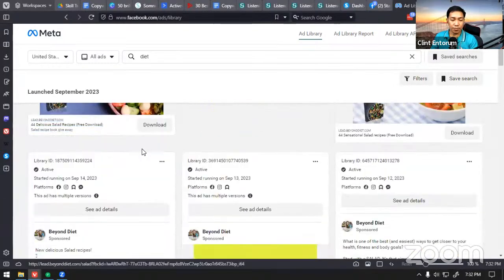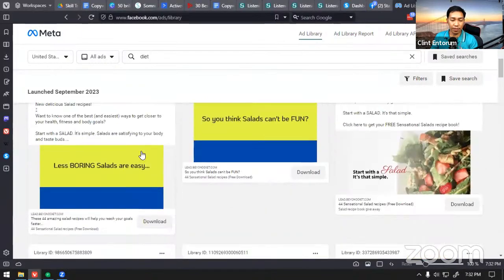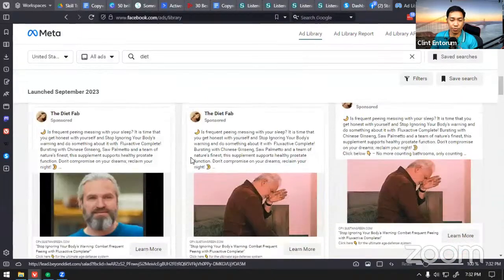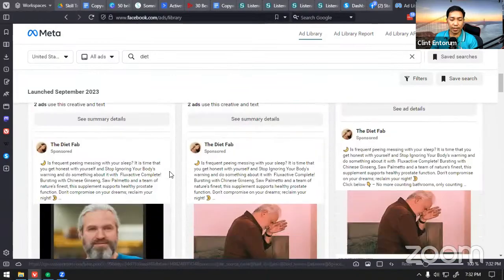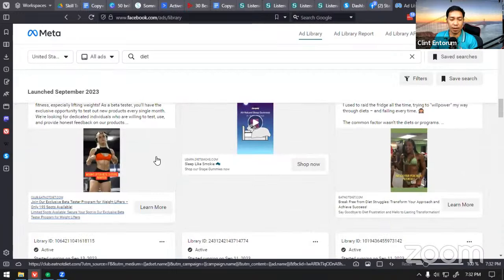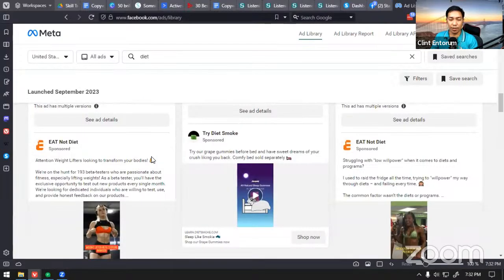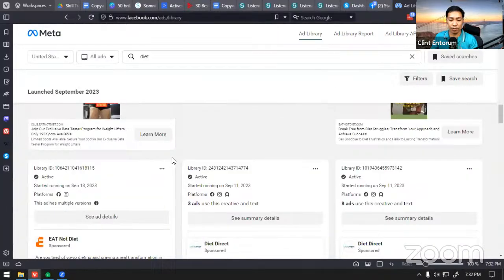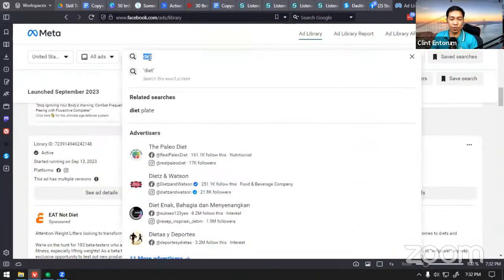Okay, so there you have it. You have a lot of examples to see of different ad copies. These are your resources. You could find some copy samples of whatever ads you might want to look at. You could just search here for the type of ads you are looking for.